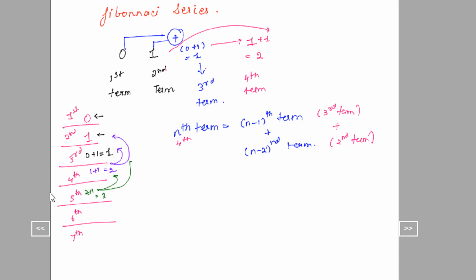In this way, if I write a small series, 0 and 1. So 0 plus 1 is 1, then 1 plus 1 is 2, 1 plus 2 is 3, 2 plus 3 is 5, 5 plus 3 is 8, 8 plus 5 is 13, and so on, right? So this is how a Fibonacci series grows. There are many practical applications of the Fibonacci series in nature. The growth of leaves for some plants, or the growth of some particular animals, follows a Fibonacci series, right?